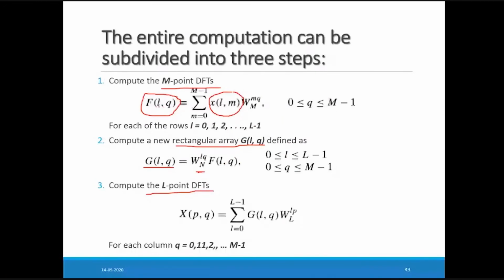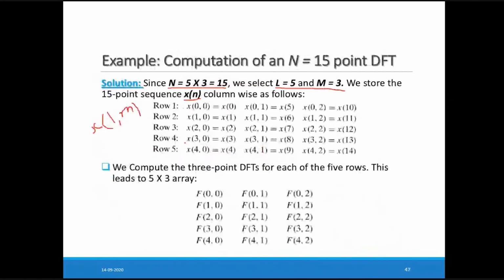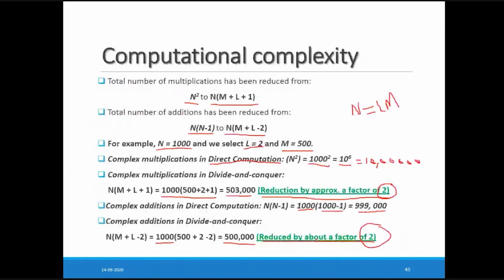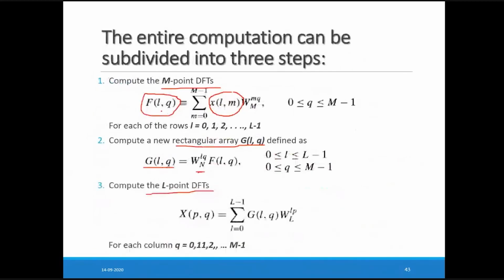So after this, our next step is we have to find out the m point DFT, which is represented f of LQ. Okay. So that we calculated over here. Here, DFTs of each 5 rows, we have to calculate the DFT for these 5 rows. After calculation for DFT of these 5 rows, now we change the notations from X00 to F00 and F41. So as the equation suggests that this is nothing but the M point DFT, which is nothing but the term F. Then we get the G term by multiplying with the Twiddle factor, and then next one is the calculation of L point DFT, and we get the X of K.